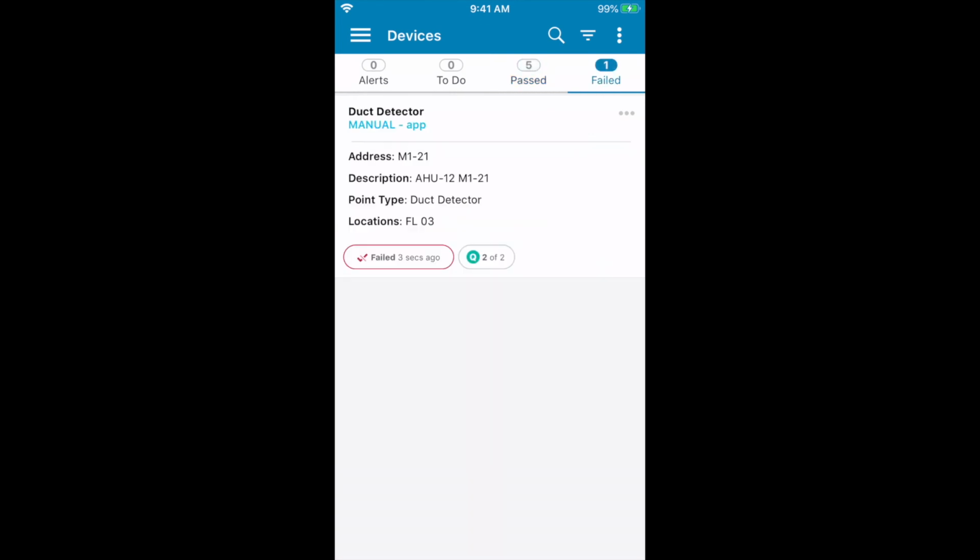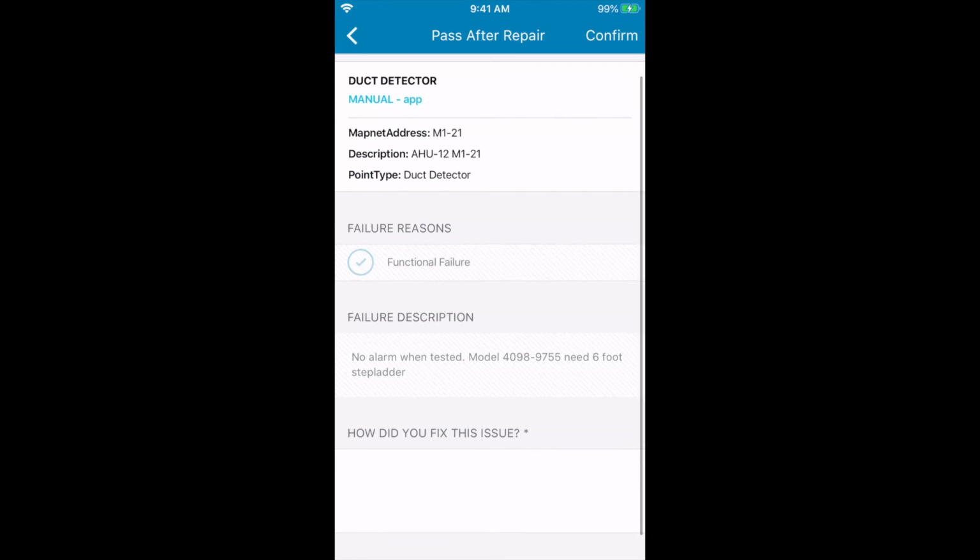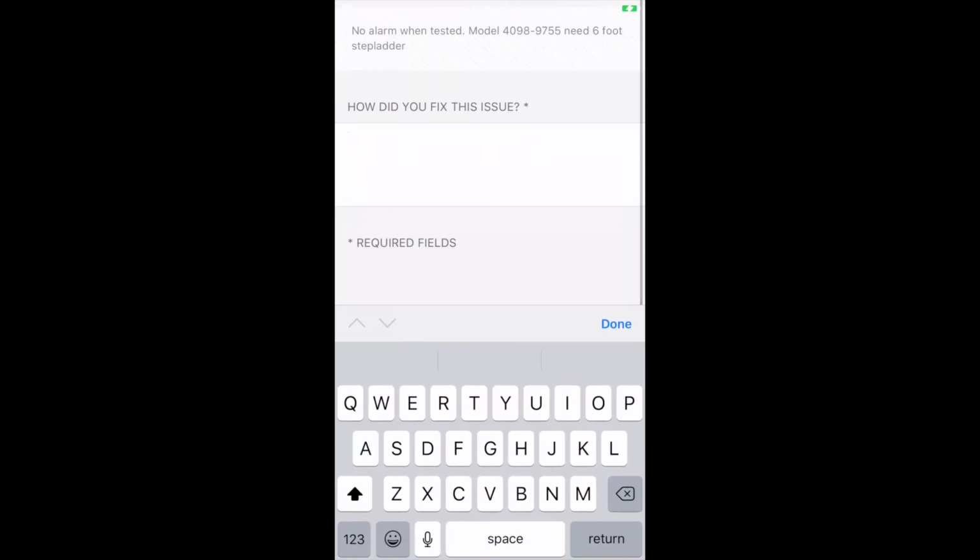There's our failed bucket. Now let's say that we just happen to have a duct detector and we replace that duct detector. We'll go into that duct detector again, selecting that white space, and you see it brings me up another screen, undo or pass after repair. Let's hit pass after repair and see what that does for us. It says there was a functional failure. How did you fix this issue? We're going to put down replaced and